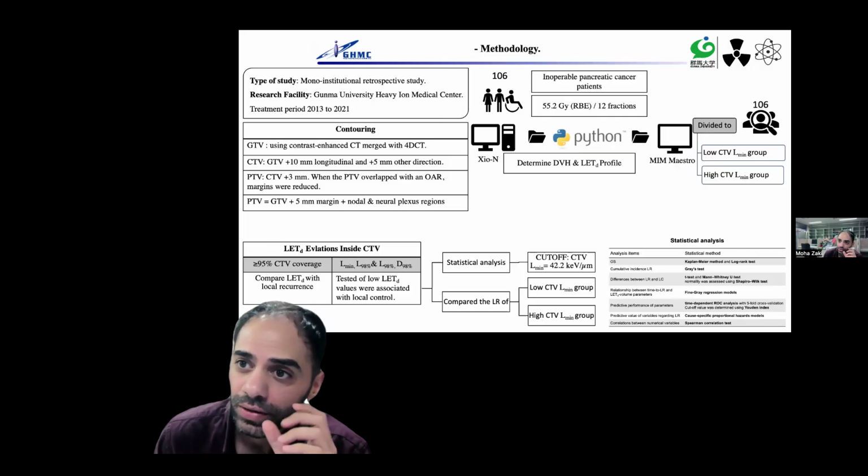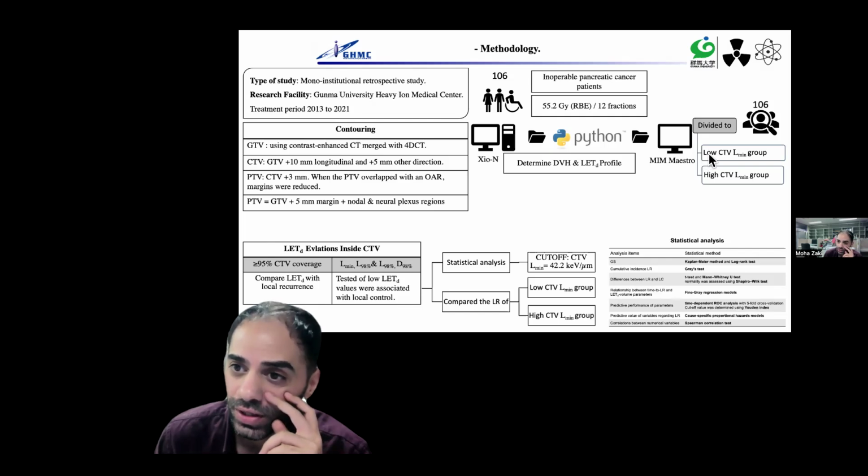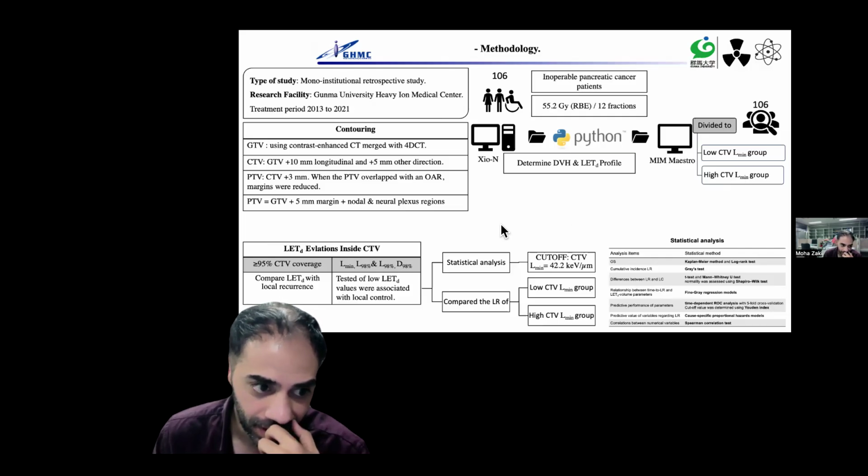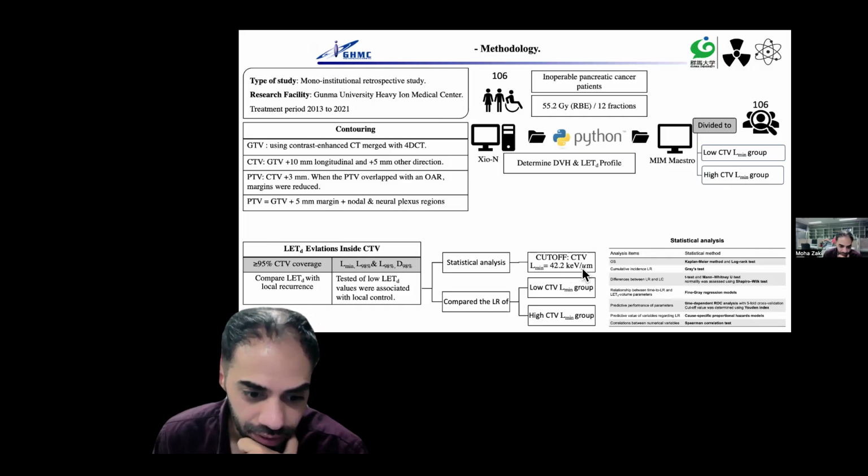They divided the patients into low clinical target volume and high clinical target volume groups. The cutoff value identified for the CTV was 42.2 keV per micrometer, and the groups were divided into low CTV,